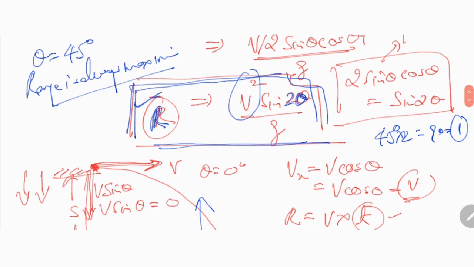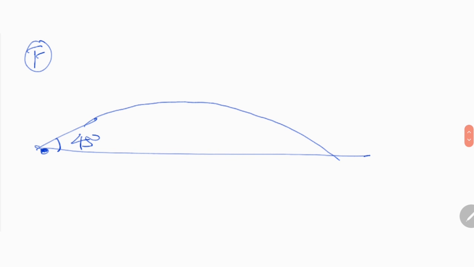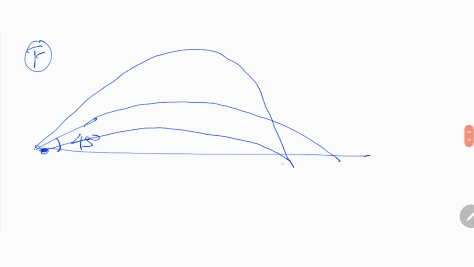Therefore, if I have to give you a very practical application, if you have to throw a ball and your arms can exert only a fixed F, always throw it at an angle of 45 degrees so that you will get the maximum range. If you do it at 60 degrees, it will fall here. If you do it at 30 degrees, it will fall here. So this is the maximum range.